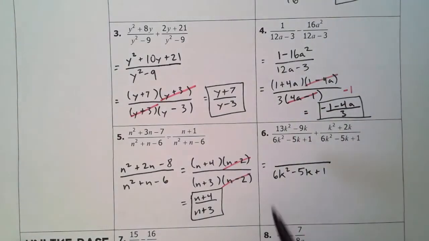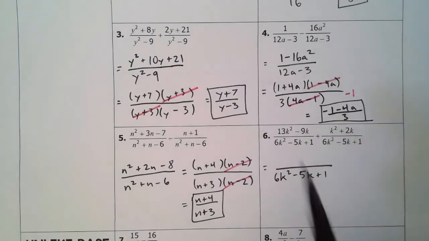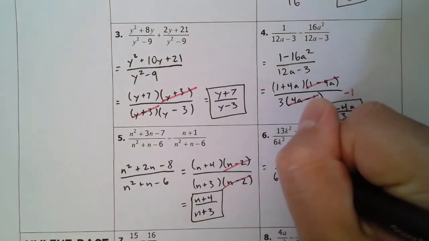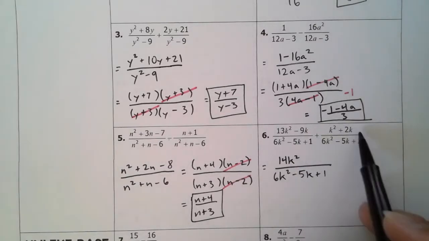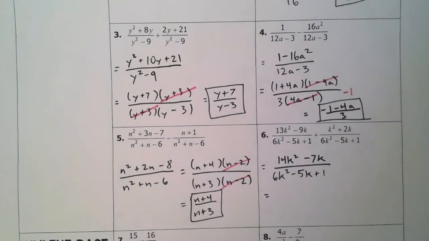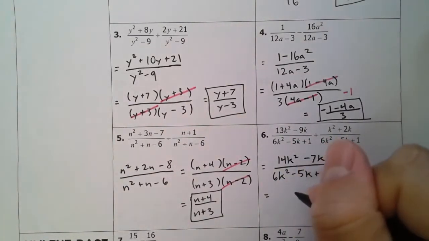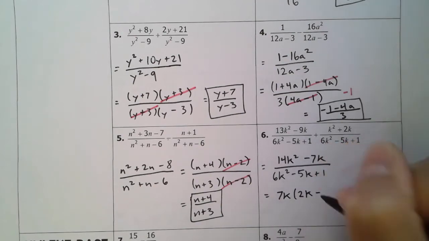For the top, I have 13k squared plus k squared, so those are like terms. I get 14k squared, and then negative 9k plus 2k, I get negative 7k. So then I can factor out a 7k, and I get 2k minus 1